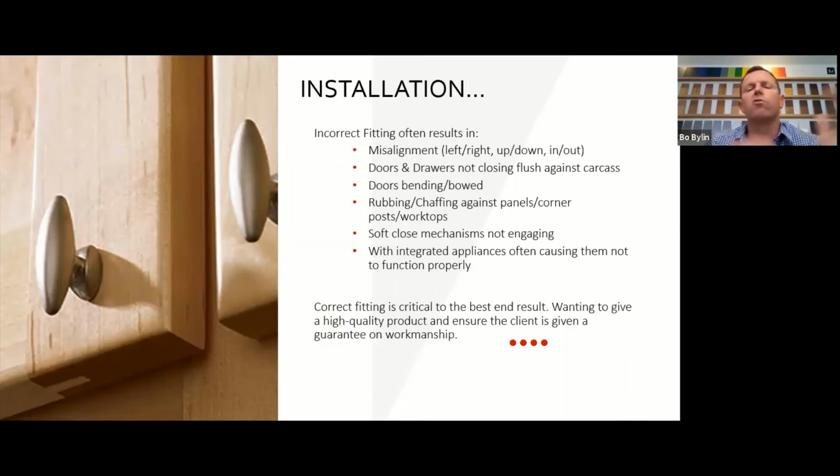All your doors and drawers should generally finish flush up against your carcass. Your hardware generally gives you adjustments left, right, up and down, tilt backwards and forwards. So there should be no reason for this not to happen, provided your kitchen's been designed correctly or your cabinetry's been designed correctly. So yeah, common mistakes: misalignment, your hardware not engaging, and your soft closing mechanisms not closing